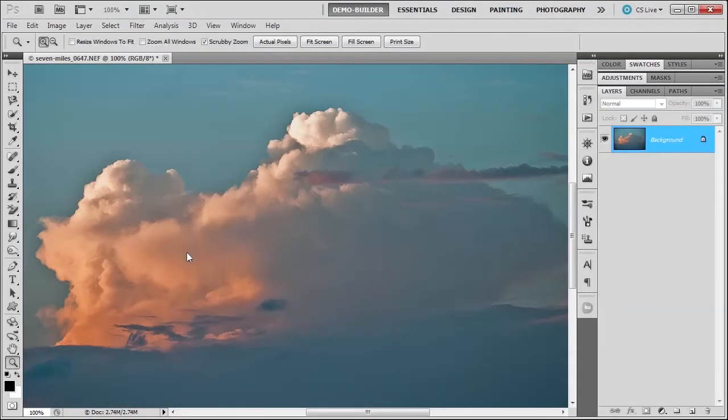Welcome to the lesson on actions. In the end, we're going to create our own action to remove red eyes. Why do we need actions in Photoshop? Well, Photoshop actions have an extension of ATN. Actions are a series of tasks that you create to play back on a single file or a batch